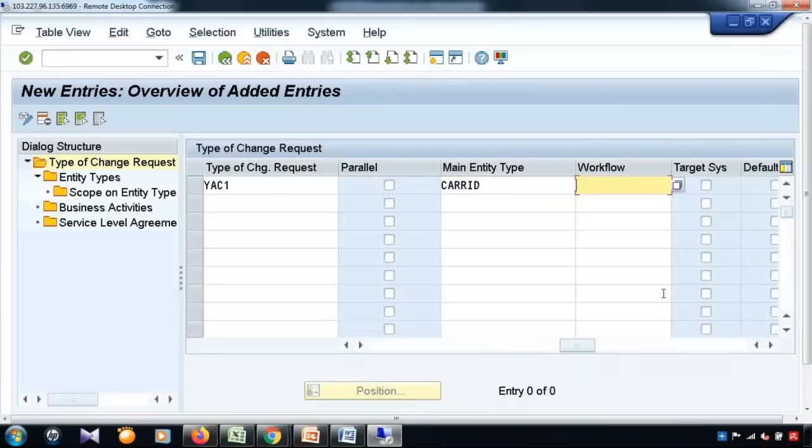Then the workflow. Now the thing is, in MDG, though we will use, let's say, rule-based workflow, or we will create our own workflow process, that's true. But we have to give one workflow template name which will define the whole process from the backend. So that workflow template you need to give. So for custom process, we have workflow like